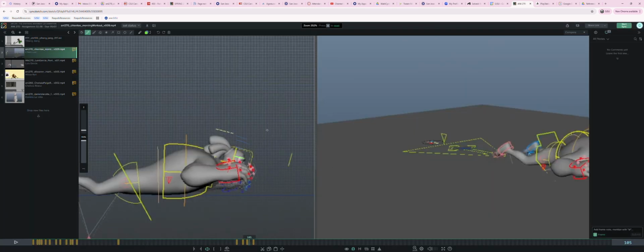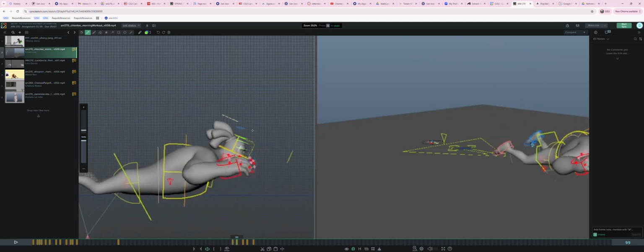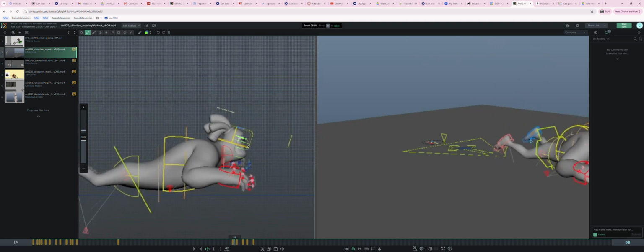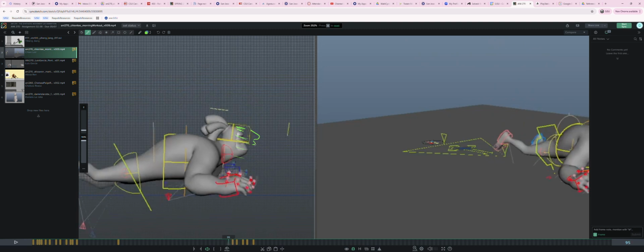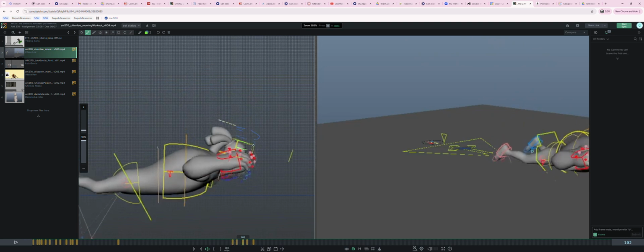So maybe it'll feel differently once it's splined, but okay, I think this is what I'm feeling here. If you look at the spacing between the poses, that's a big jump and that's a little jump. So this one should probably be, well, I guess it depends where I'm tracing the head. If I look at the top because of the rotation, little jump and then it goes big and then